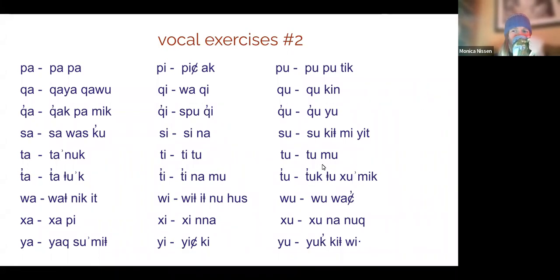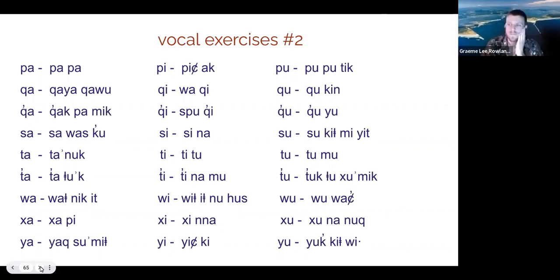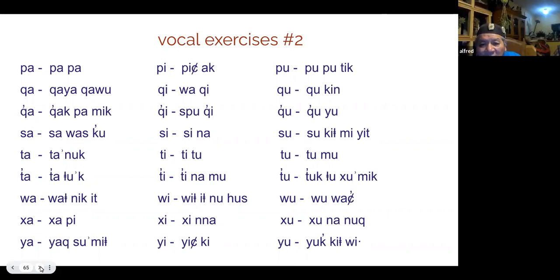Okay. Someone, I think Graham, it's you that is going kaya kawu pamik, having the end go up. So we've got to practice having the second last syllable go up, like papa, pichak, popotik, kaya kawu, waki, kukin, kakpamik,